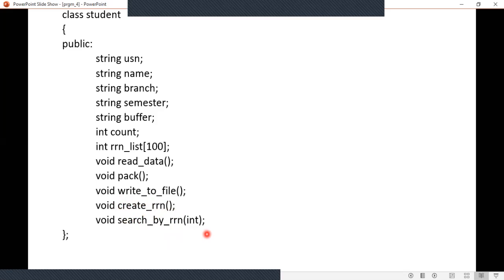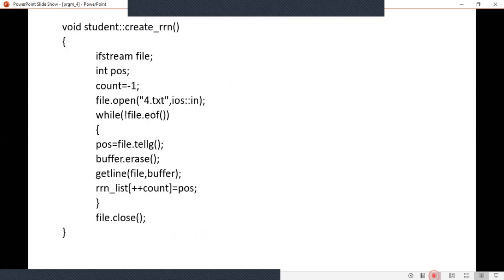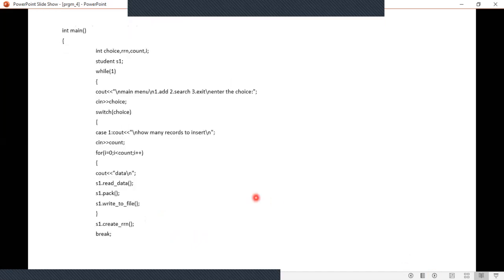Okay, we'll see the main program. Okay, int main, int choice, RRN, count, i. Student s1, that is you are creating an object for the class student.